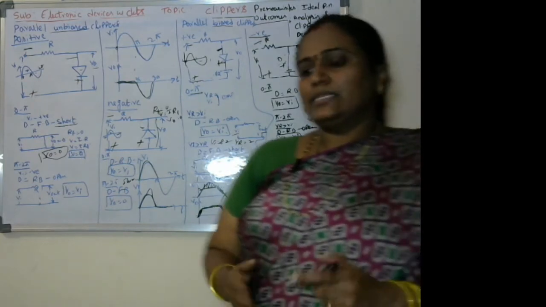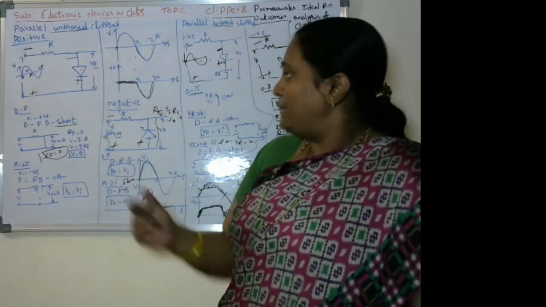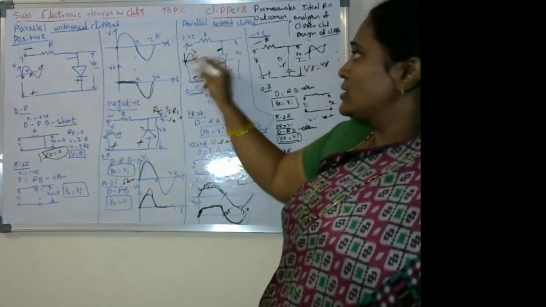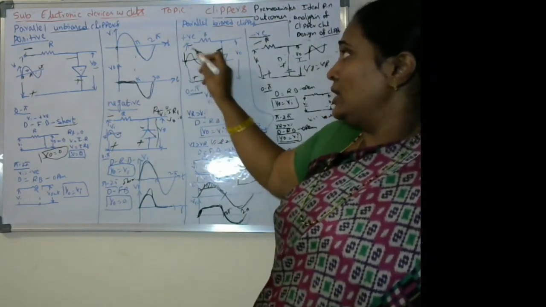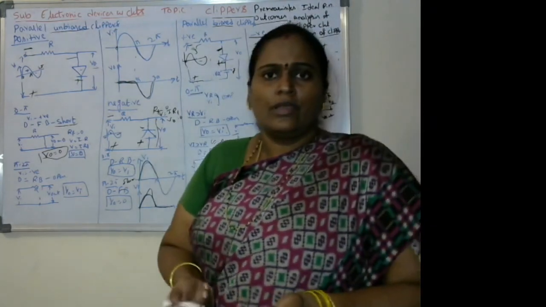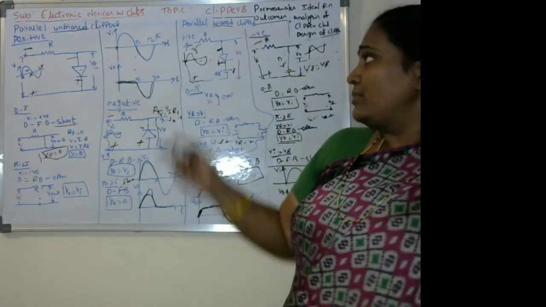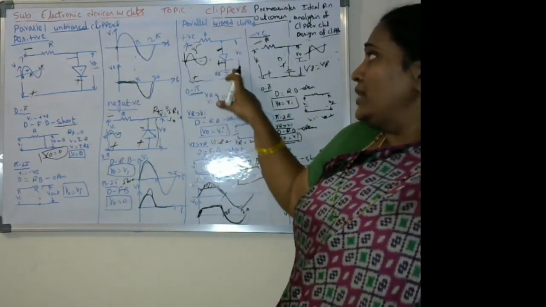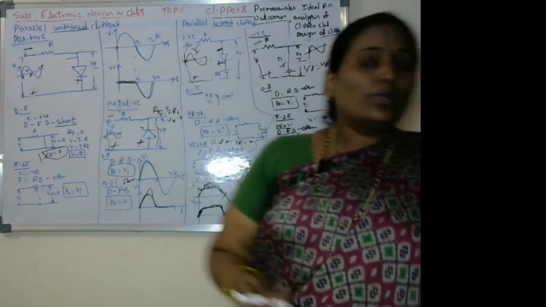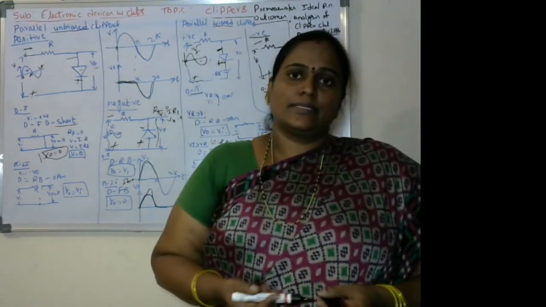And one point in this case we have to remember: suppose some students apply it in such a way that they consider Vi as 3 volts or else 5 volts only, but they keep the reference as 7 volts. Then the portion is not going to be clipped off. It cannot act like a clipper. So we have to avoid those types of cases. We have to choose the reference voltage less than the input peak voltage only. Then only it is able to clip off the portion. Otherwise, it cannot clip the signals.